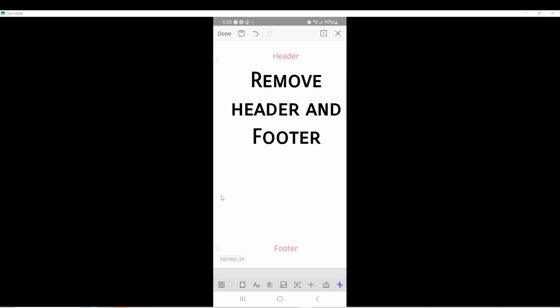In today's video, I'm going to teach you how to remove header and footer in WPS Office Mobile. If you are editing a document on your phone and want a cleaner, more professional look, removing the header and footer can make a big difference. This tutorial will guide you through the process in a smooth and easy way so you can make quick edits